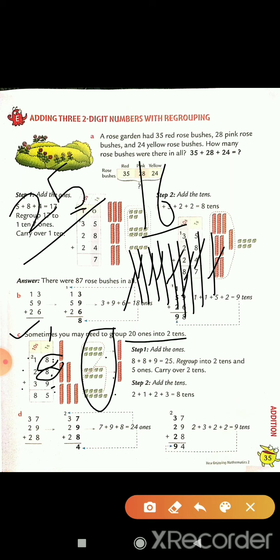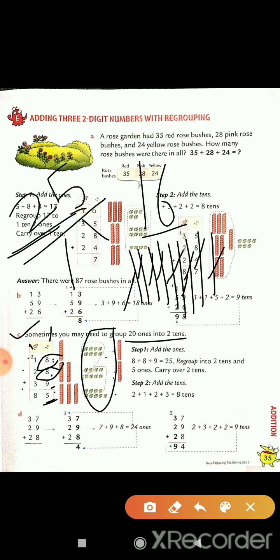So we can regroup 25 as 2 tens and 5 ones. So now at the place of ones we have to write 5, and this 2 tens is carried forward to the tens column, and now we have to add